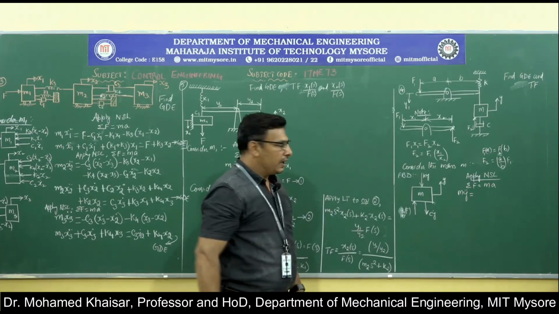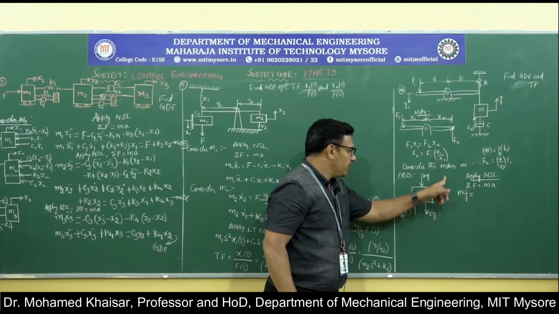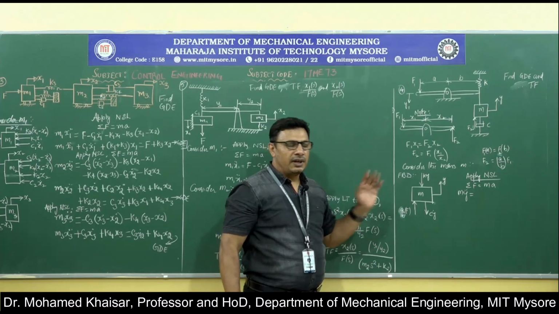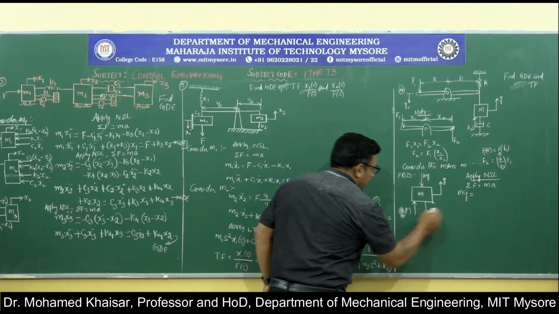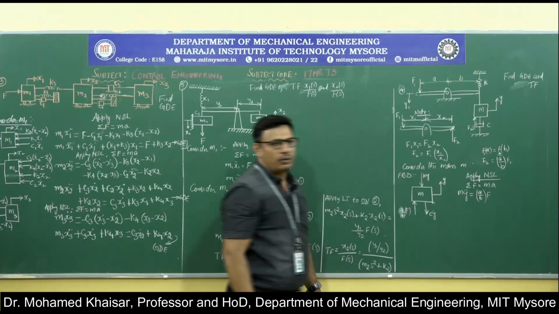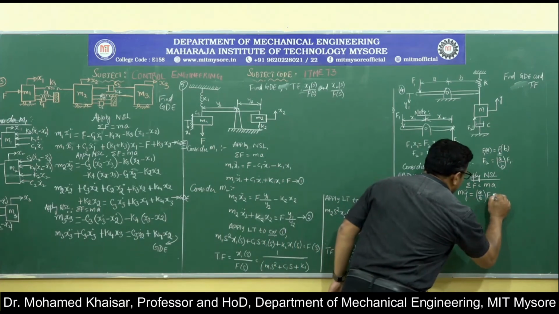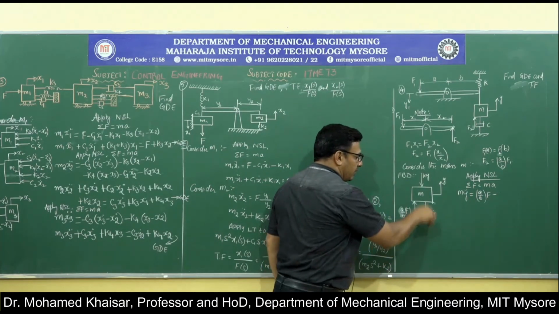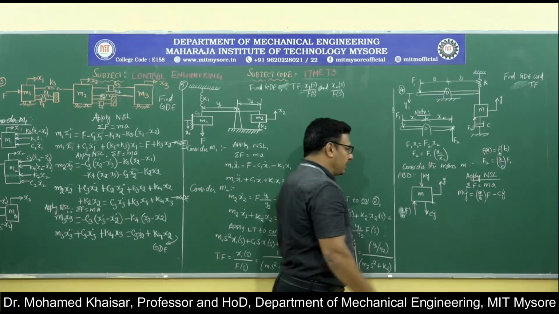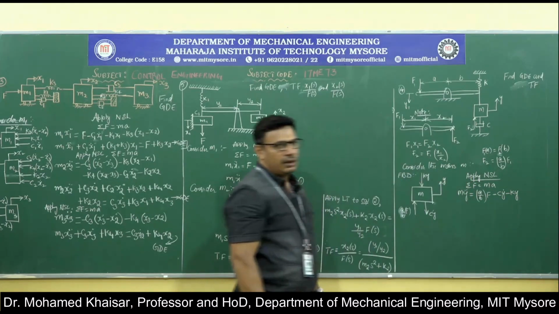It is equal to, from the functional block diagram, write all the forces in the direction of displacement with positive sign and all the forces in the opposite direction of displacement with the negative sign. So here A by B into F is the only component which is in the direction of displacement. The other forces, that is Cy dot, is in the opposite direction to the displacement, so it should be written with negative sign. Then Ky is also in the opposite direction to the displacement, so it should be written with negative sign.